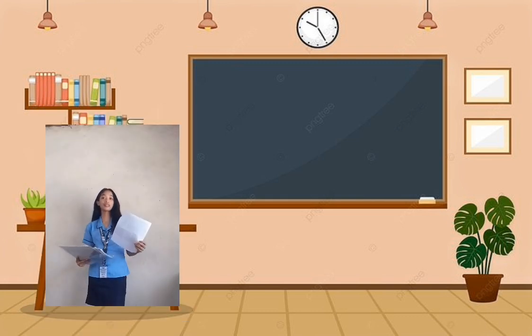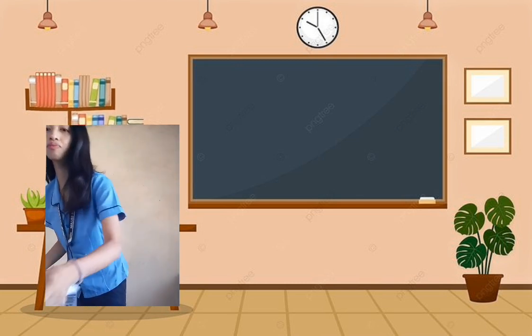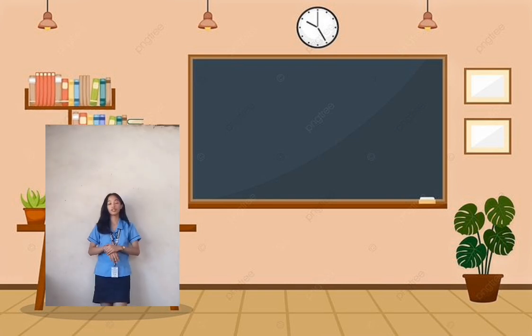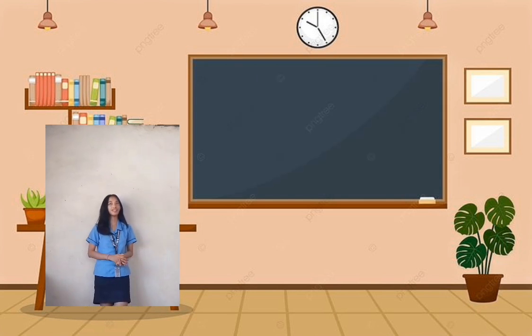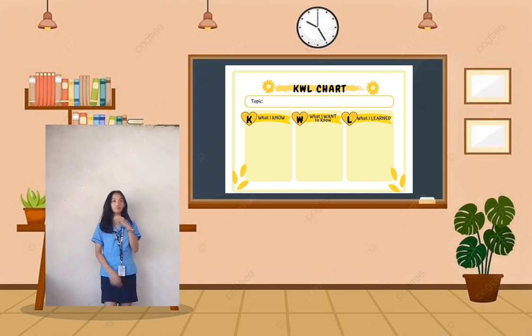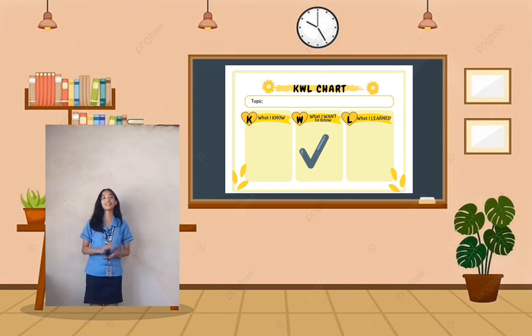So for today, I have here printed copies of the KWL chart, so please get one and fast. Now I want you to write what you know and what you want to know about polygons. Now class, where should we put what we already know about polygons? Okay, very good, at this side, the first column of our KWL chart. Now, how about the things that we want to know about polygons? Where should we write it? Okay, at the center part, the second column of our KWL chart.